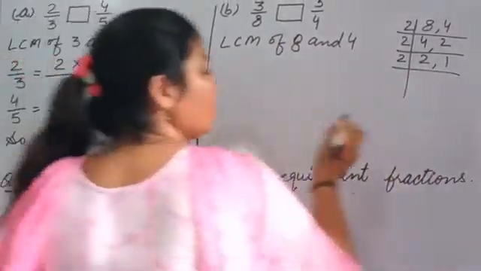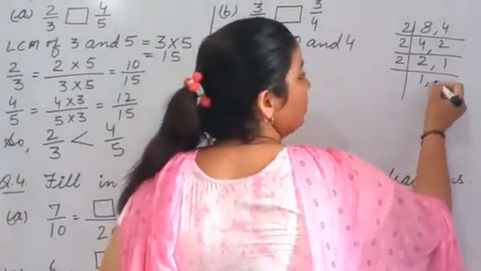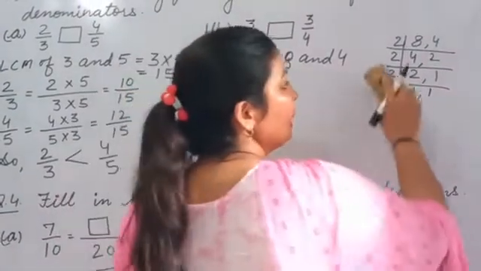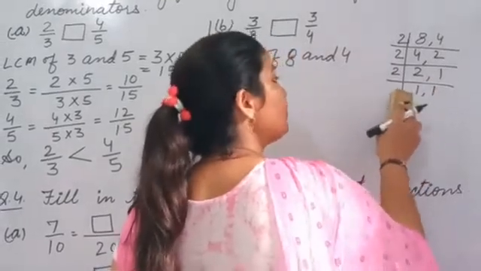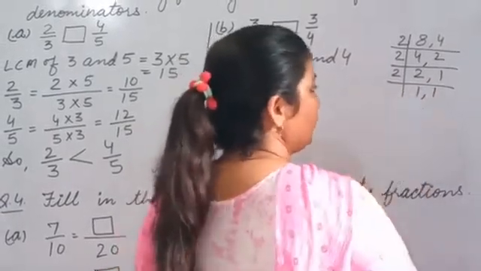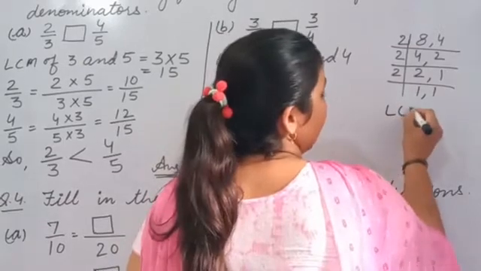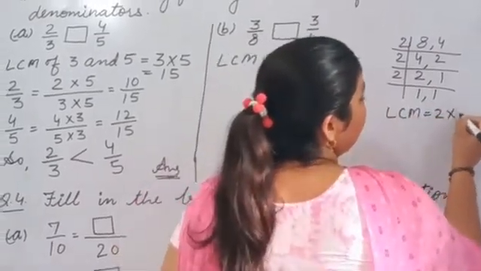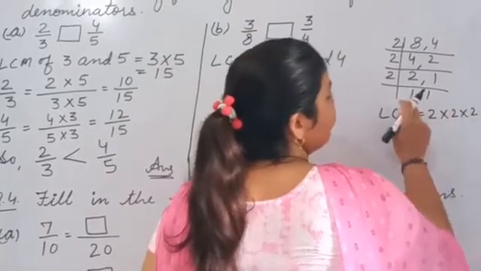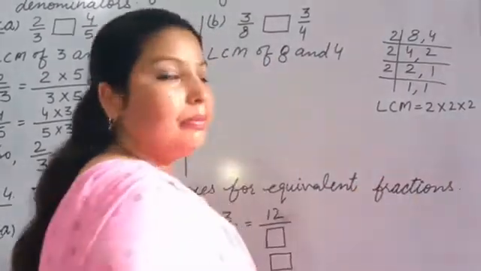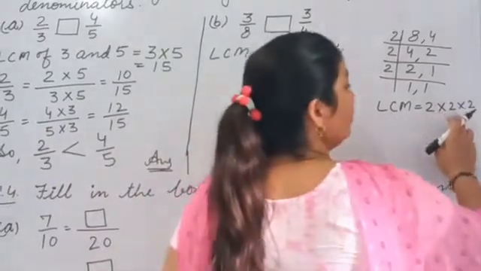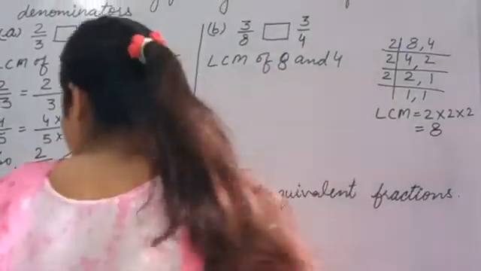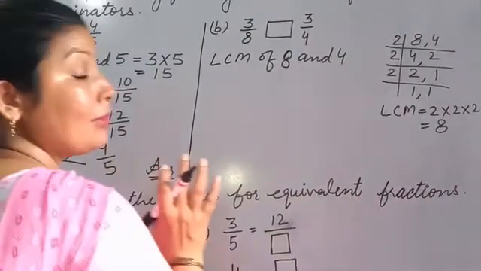आप यहाँ पे भी छोड़ सकते हो. लेना चाहो तो यहाँ पे ले सकते हो. 2 1s are 2 and 1 as it is. Okay. And if you want to leave here, you can leave there only. As your wish you can do. There is no problem. Now we write LCM equals to 2 multiply by 2 multiply by 2. Now there is 1 1, so no need to write them. Now 2 2s are 4, 4 2s are 8. So what's your LCM? 8.